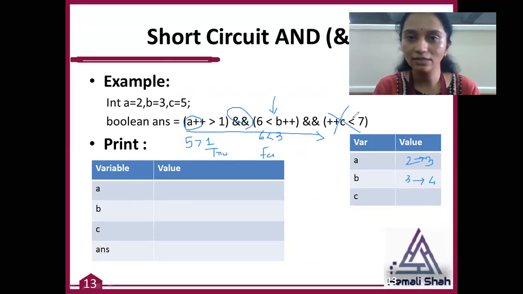So it never checks the remaining part of the condition. So C will be as it is. The previous value of C is 5. So you will get the answer like this: 3, here you will get 4, here you will get 5, and the overall answer is true and false, so you will get false, right? So like this, the AND operator works.